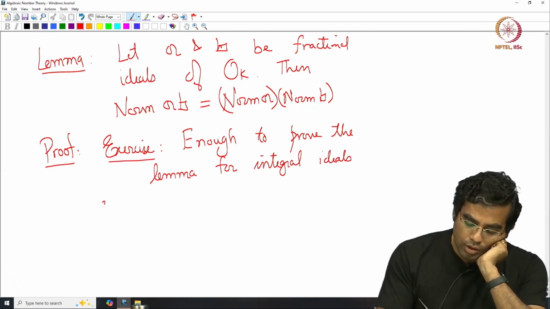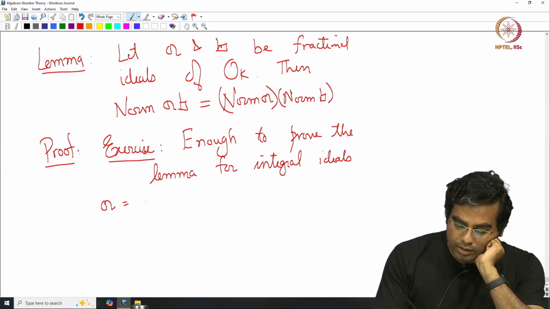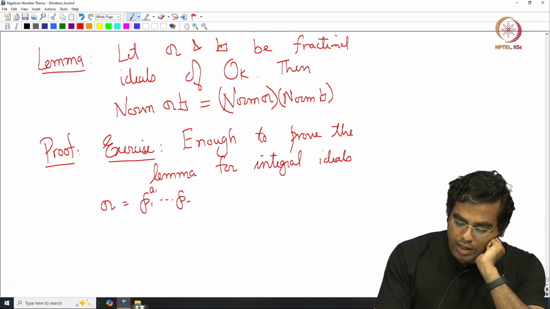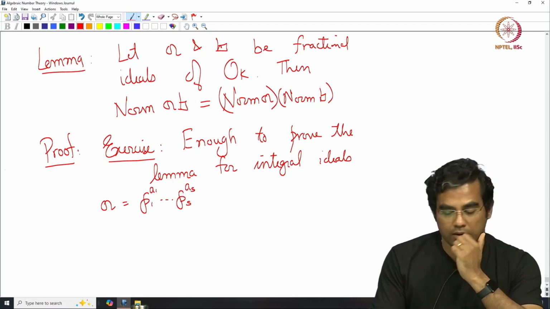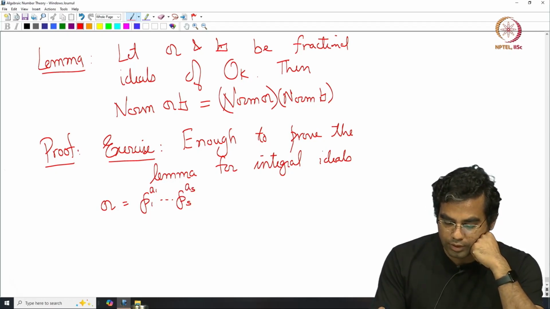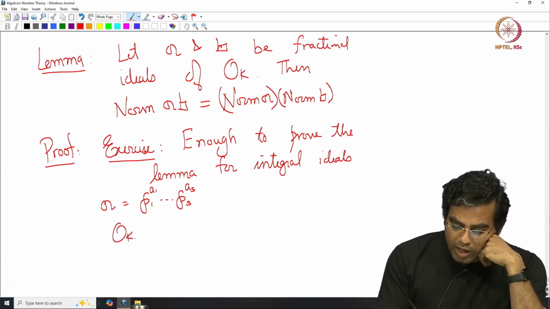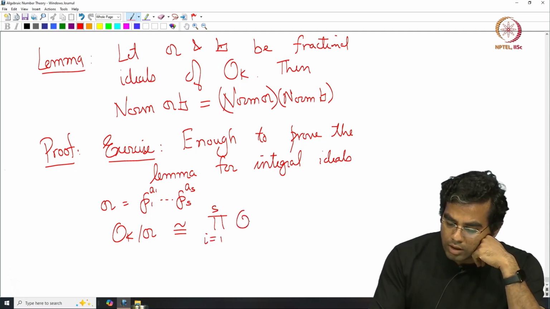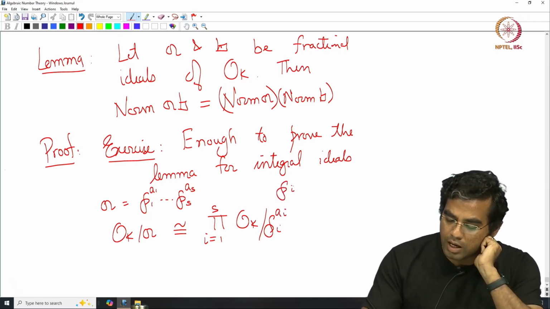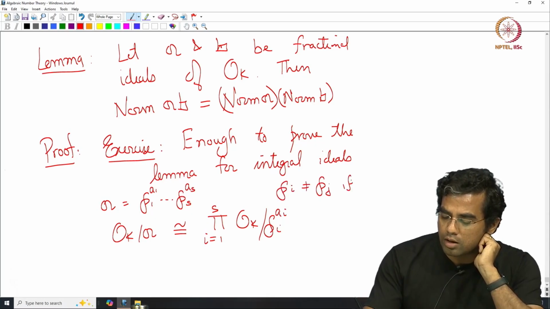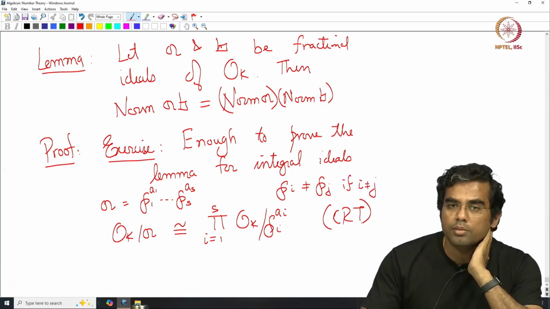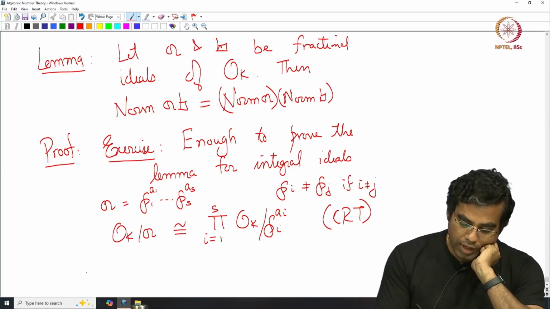Okay. Now, I can write my integral ideal, I can take its prime factorization P1 to the A1 and so on, Ps to the As, right. I know that OK mod A is isomorphic to the product over i going from 1 to s, OK modulo Pi to the Ai. So, the Pi's are all distinct primes, Pi is not equal to Pj if i is not equal to j. This is a version of the Chinese remainder theorem that we proved. Okay. So, hence